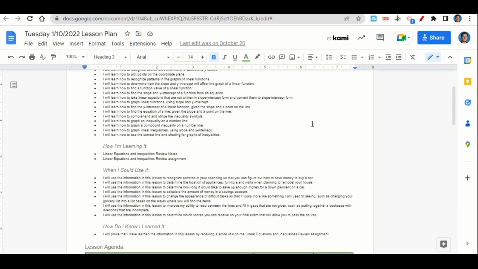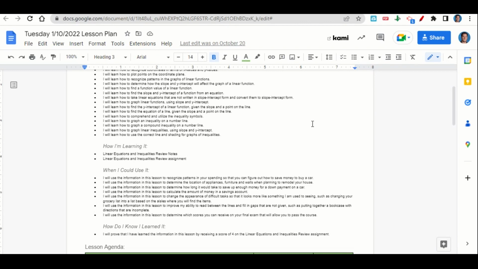When can we use this information? To recognize patterns in your spending so that you can figure out how to save up enough money to buy a car, to determine the location of appliances, furniture, and walls when planning to remodel your house, to determine how long it would take to save enough money for a down payment on a car, to calculate the amount of money in a savings account, to change the appearance of difficult tasks so that it looks more like something